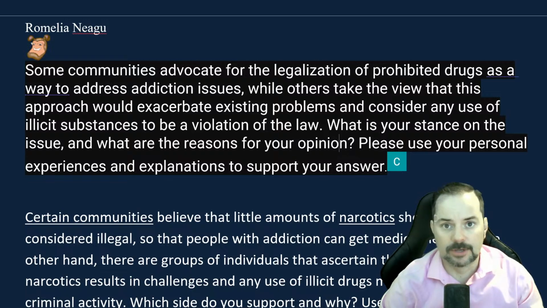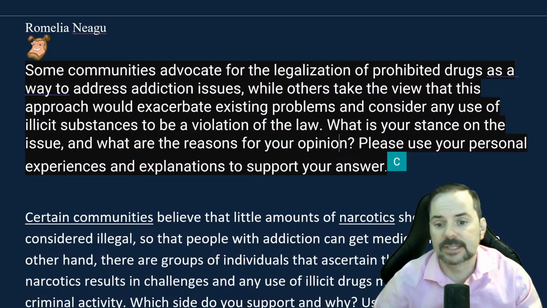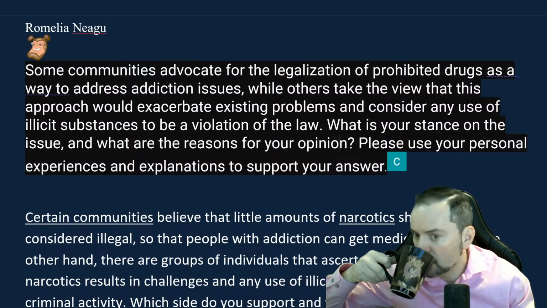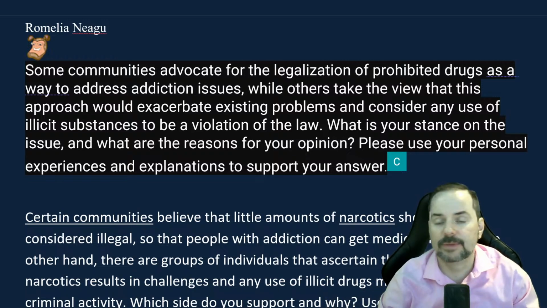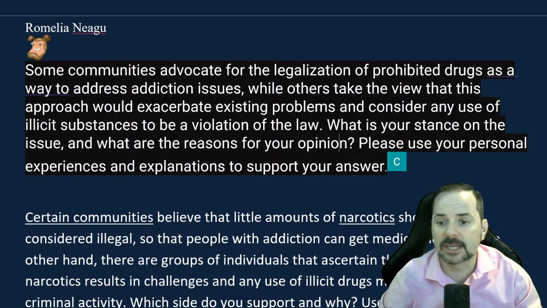Very good. Absolutely. I think this is an excellent way, Romelia, to paraphrase it. It is paraphrasing it at the Band 9 level. So outstanding job, Romelia. Good use of vocabulary, sentence structure, nice natural expressions. Yes, indeed.